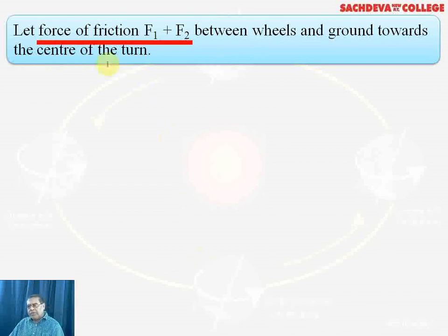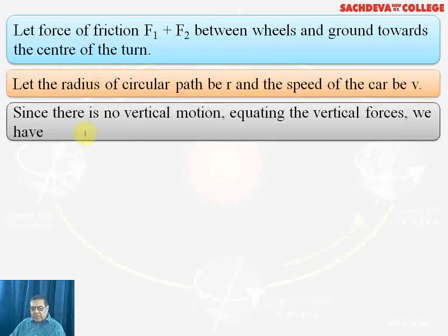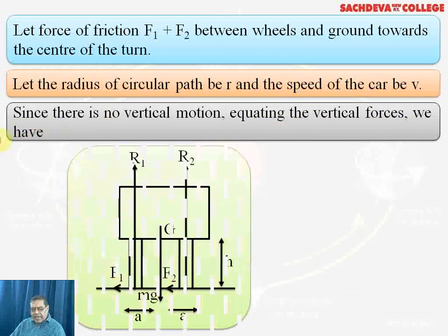Suppose the force of friction is F1 plus F2 between the wheels and the ground, towards the center of turn. Suppose that the radius of the circular path is R and the speed of the car be V. There is no vertical motion, therefore equating the vertical forces we have